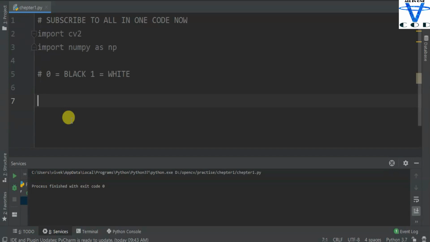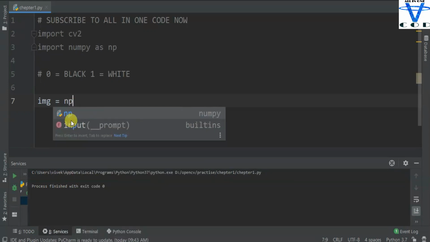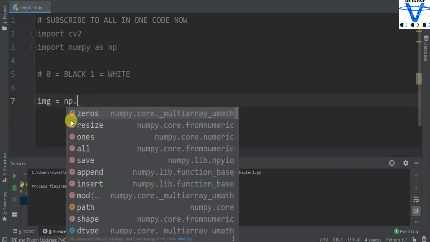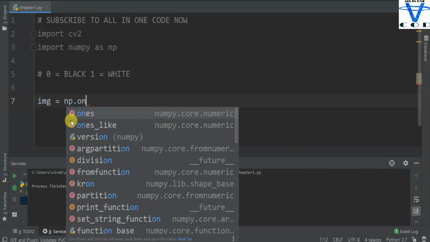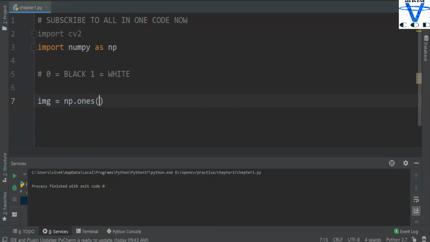Simply create a numpy array, because an image is nothing but an array. So let's create img equal to np dot, and let's create the white image. So np dot ones we are going to use. And then simply pass the width and height. Let's pass 512 by 512,